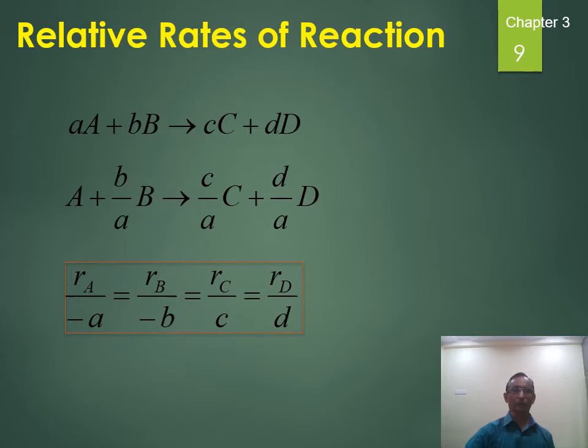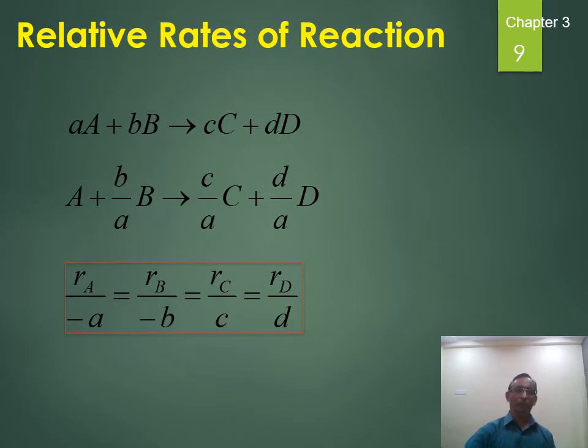So we are going to get this particular reaction, aA + bB gives cC + dD. If B is the limiting reactant, then we divide throughout the reaction by the stoichiometric coefficient of B, that is small b. Then you are going to get (a/b)A, then b/b means 1 into B, (c/b)C, (d/b)D.